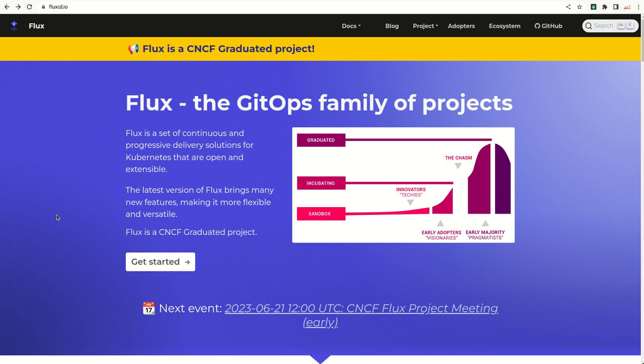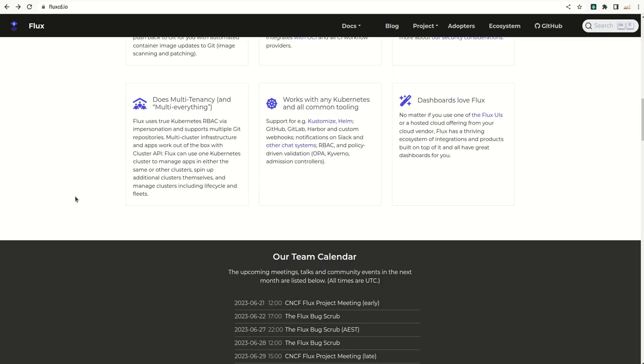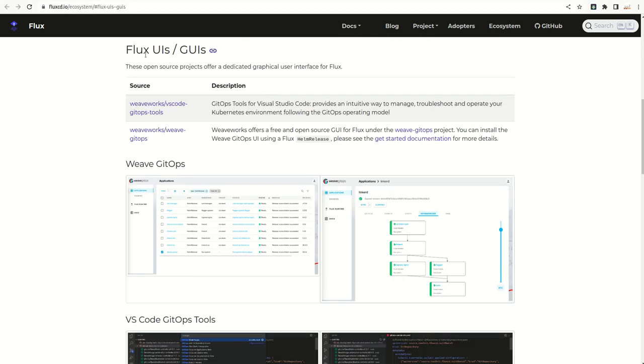In this video we'll see how to set up Flux UI dashboard. So I'm on fluxcd.io website, and if we go to the dashboards section, here we have these dashboards in the Flux ecosystem. They have these two solutions, two open source projects which are dedicated to developing a graphical user interface for Flux. So these are very basic